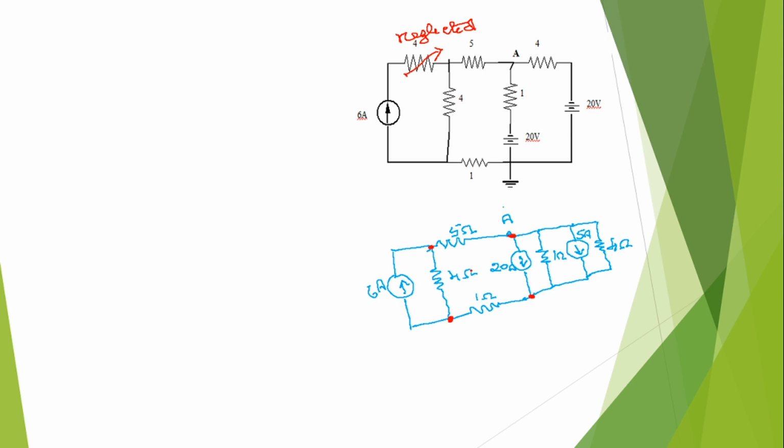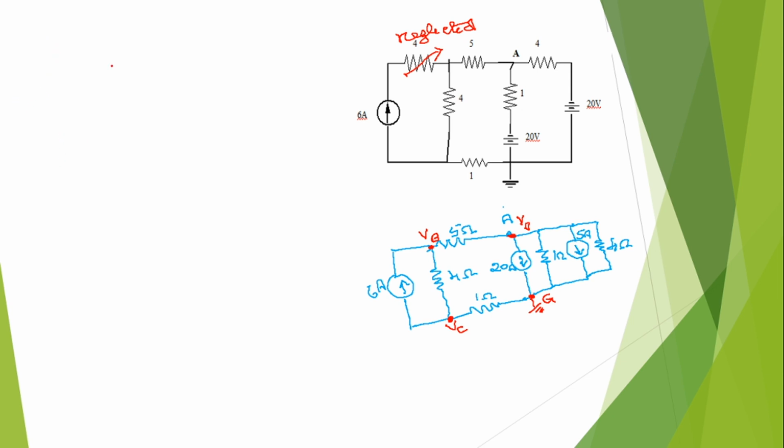So identify the nodes. In that, one you take as a reference. Already it is given as a reference. So this I will name as G. Now for other nodes you have to assume node voltages. So for this node I will assume VA, and this is VB and this is VC, and this is the ground. Now what is the next step? So preliminary steps we have finished.